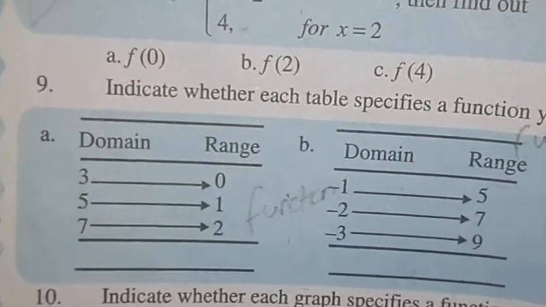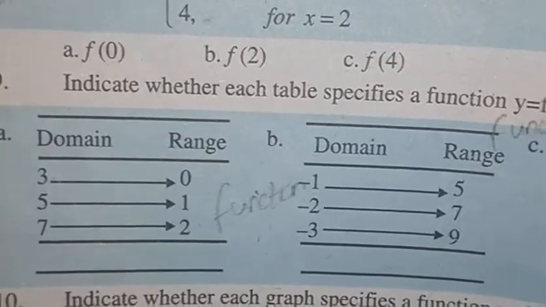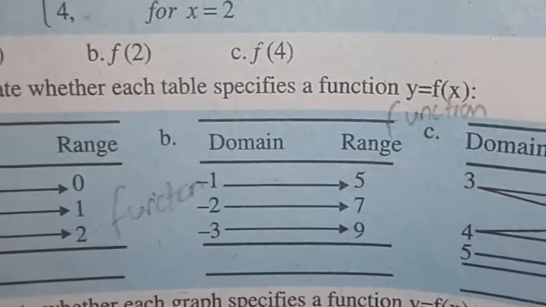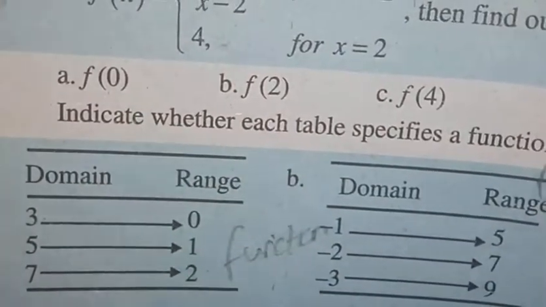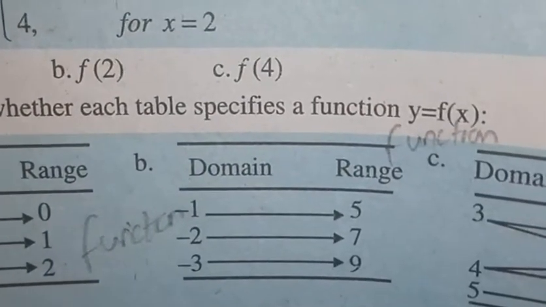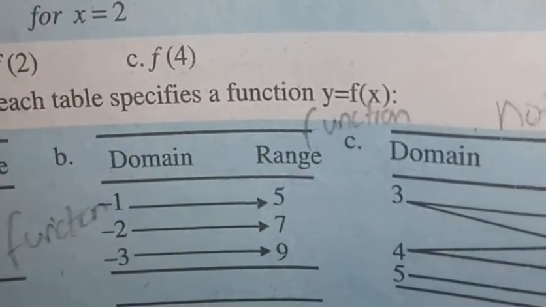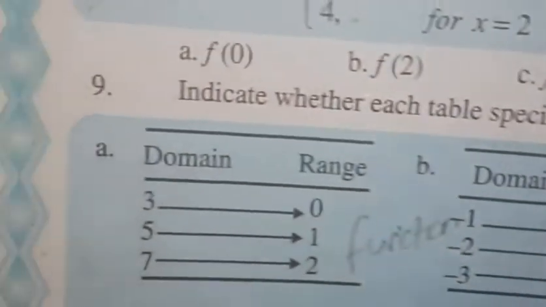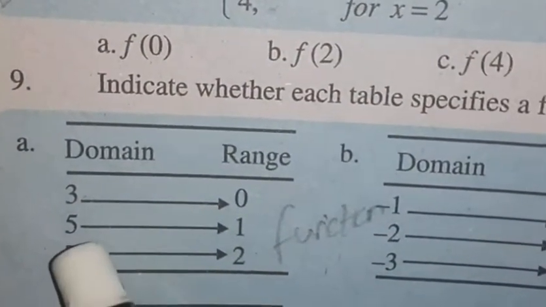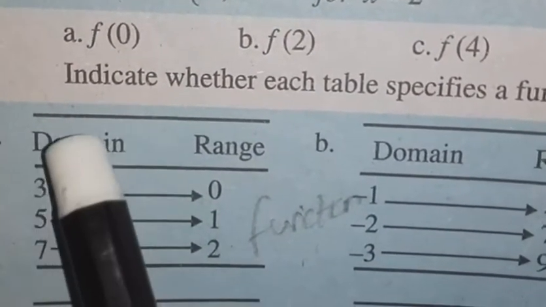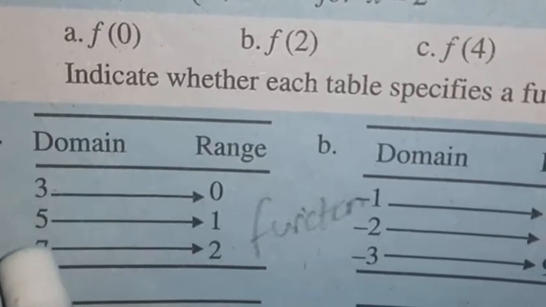Bismillahirrahmanirrahim. Today we are going to discuss question number 9 of exercise 1.1. Indicate whether each table specifies a function y is equal to f of x. Now look at this part A. Here the value which we input